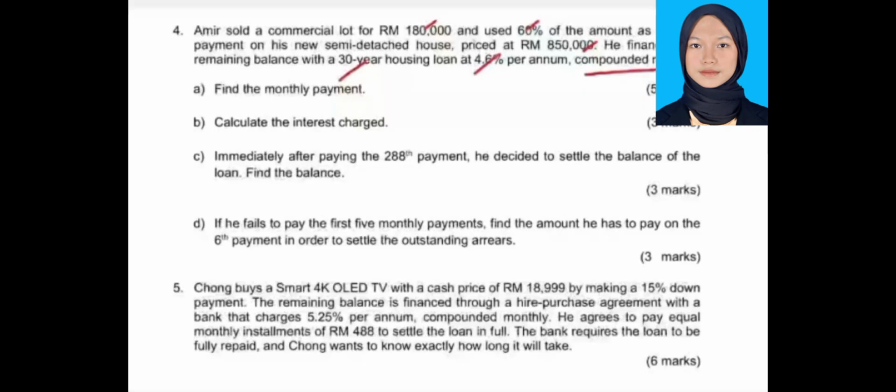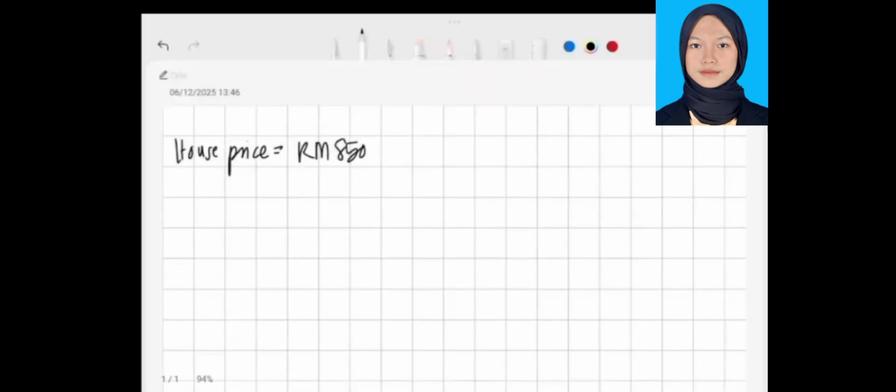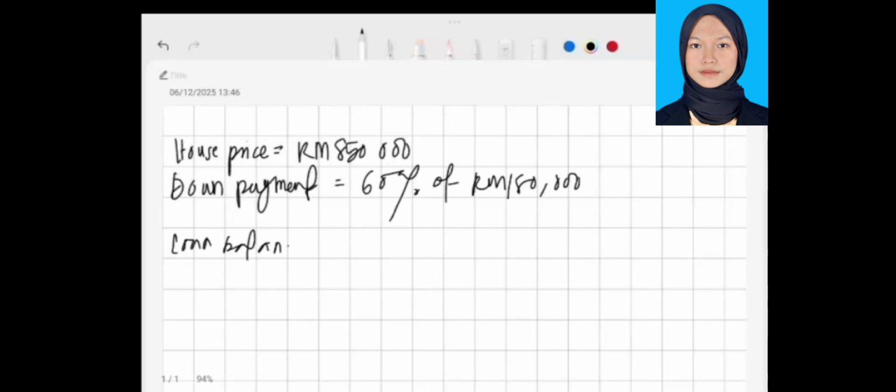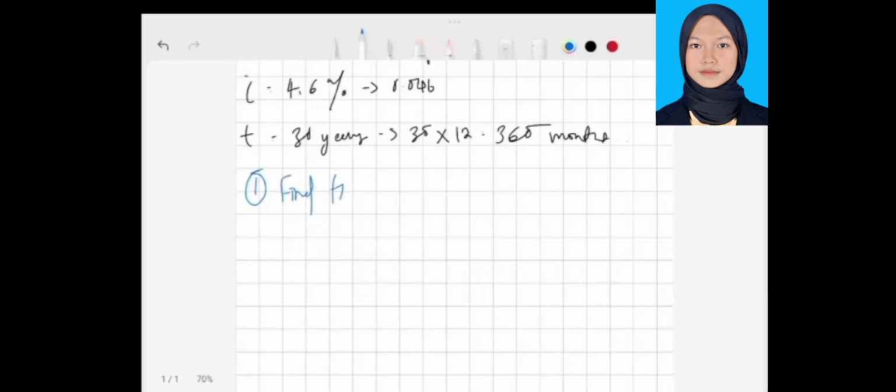Section A, find the monthly payment. The house price is RM 850000, and the down payment is 60% of RM 180000. For the loan balance, we calculate it as house price minus the down payment. For the interest, it is 30 multiplied by 361. To find the monthly payment, the first step is we need to